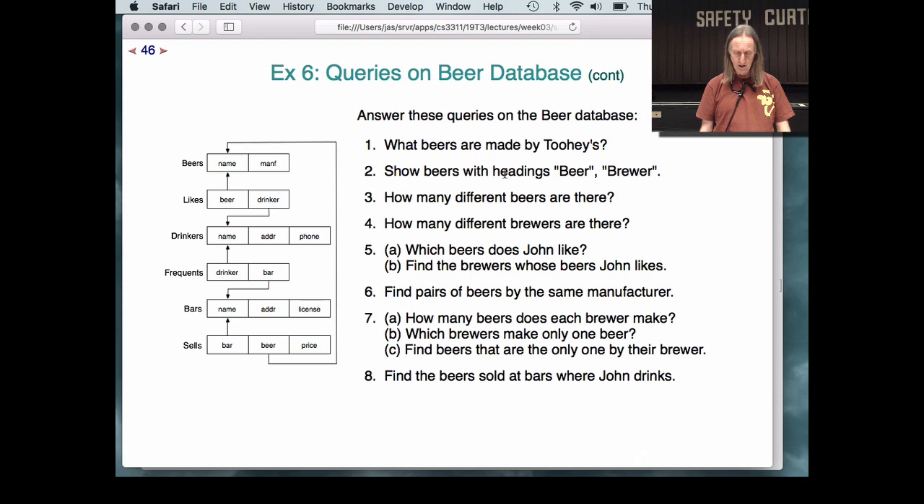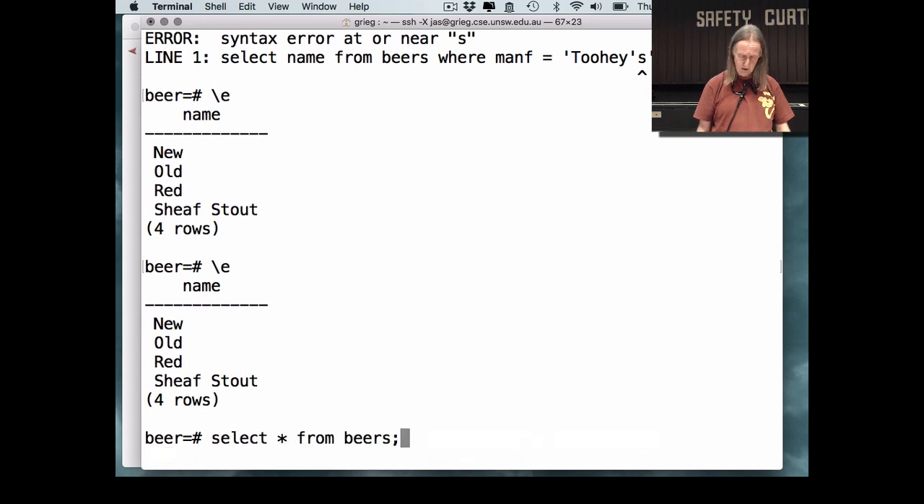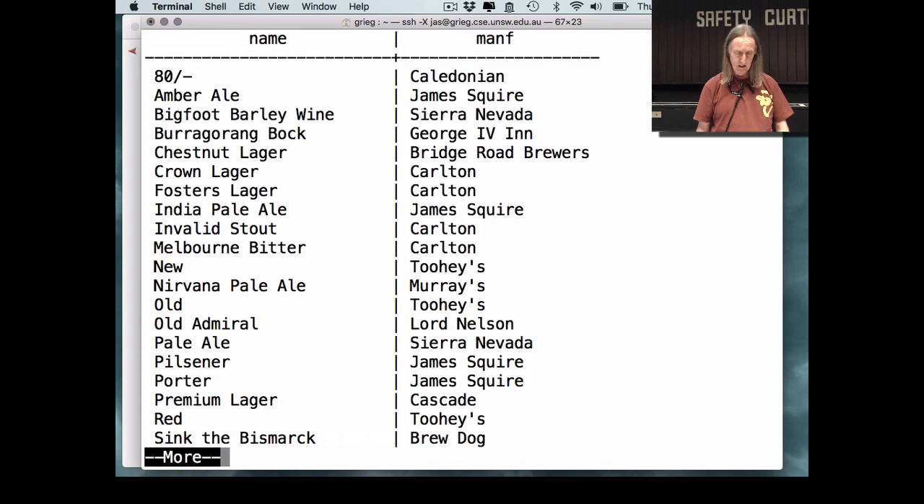Okay. Show beers. So I want to look at the beers table, and I've already done that. I just did so I can start from beers, and it says name, manf. And I don't like those labels. I'd rather have beer and brewer as the headings on those columns. So we've already seen how to do that